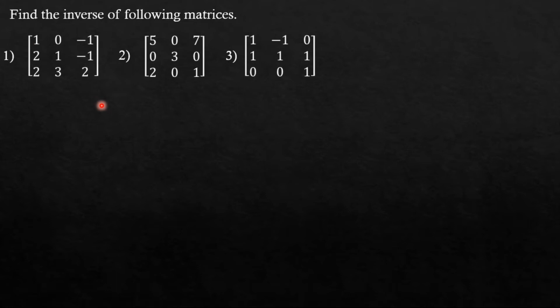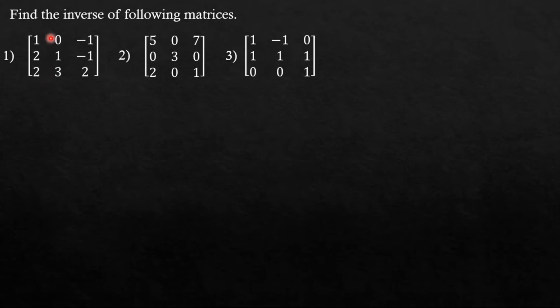So our step-by-step process should be, our first step should be to check whether the given matrix is orthogonal or not. Why? Because if it is orthogonal, then finding the inverse is very easy. Because the inverse is just the transpose in case of orthogonal. For orthogonal, each row should be orthogonal pairwise.